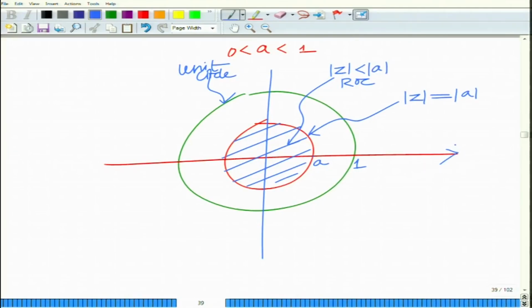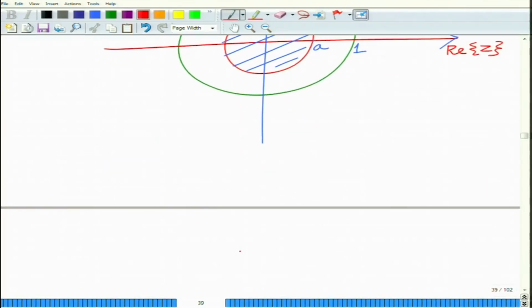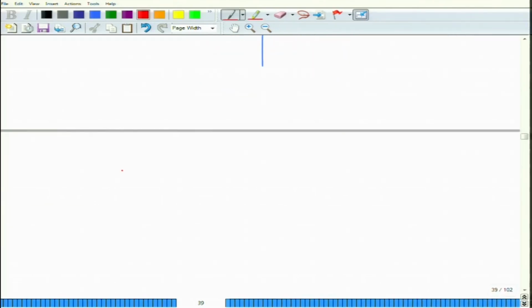This is the real part of z and this is the imaginary part of z. Therefore, what you can see is